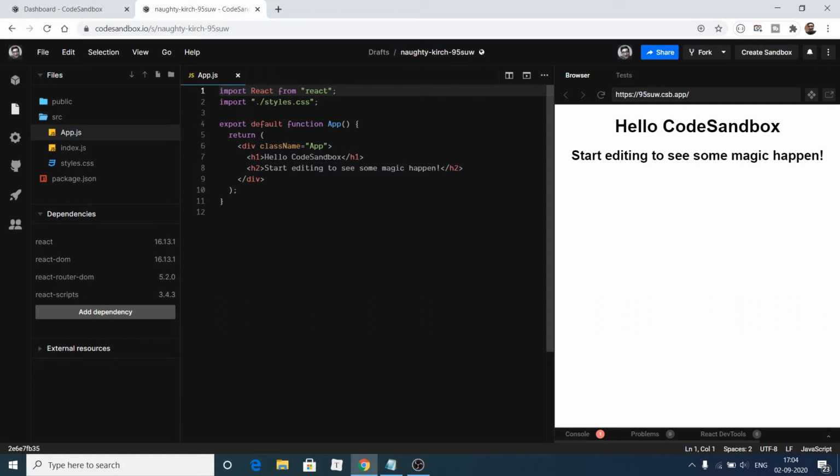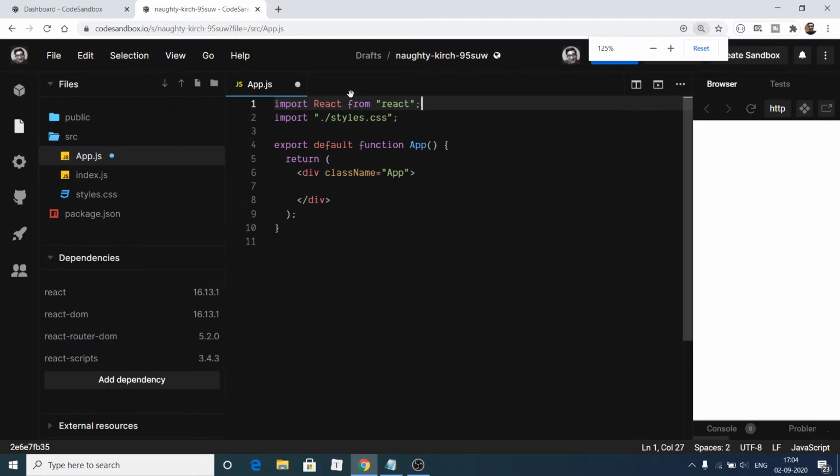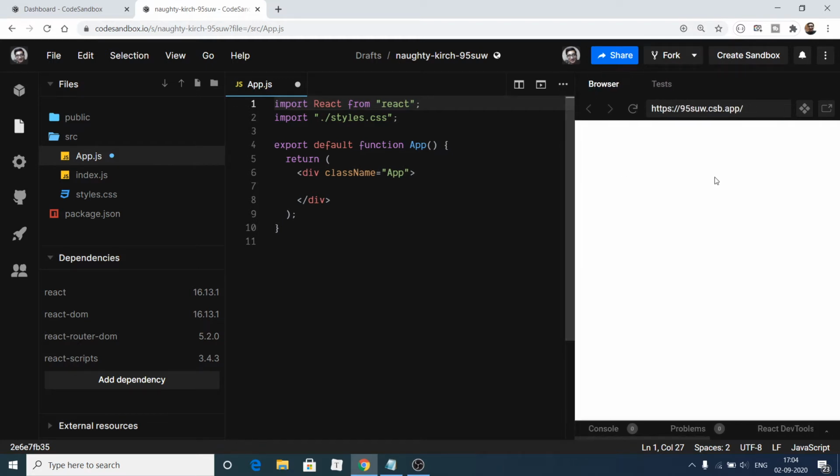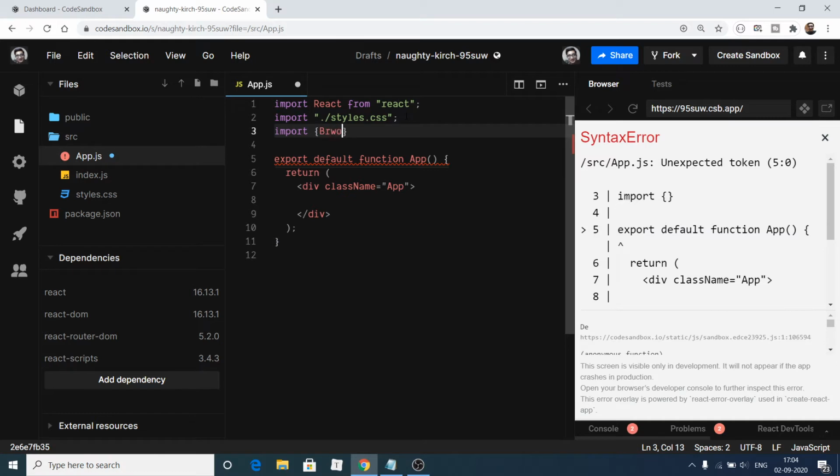And now inside the App functional component, delete all this. Let me just zoom in so that you can see clearly. On the right hand side, it will instantly load and show you the application. The first thing we need to do is import our BrowserRouter dependency.